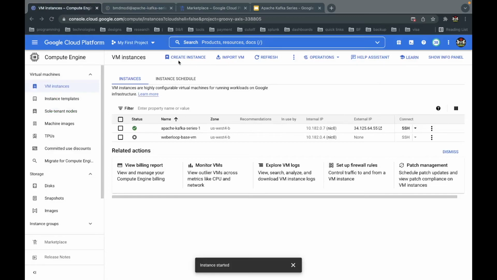Okay, now I have restarted the VM, and I have opened the console. Using our previous command, let's try and see now if Zookeeper and Kafka started. Okay, sudo netstat,